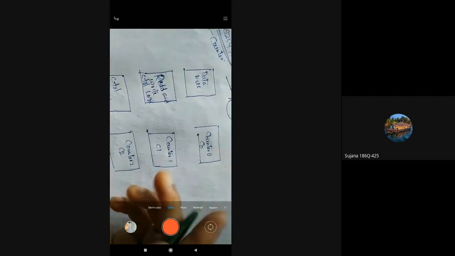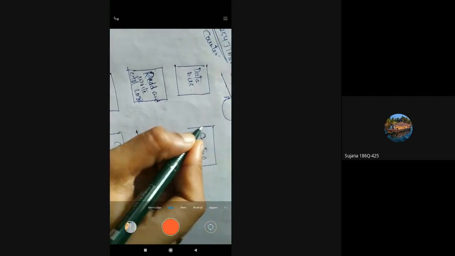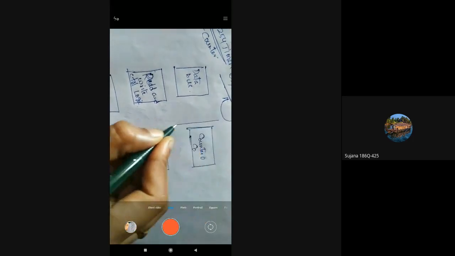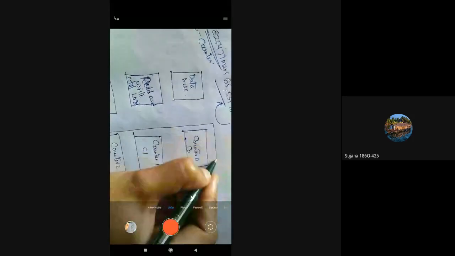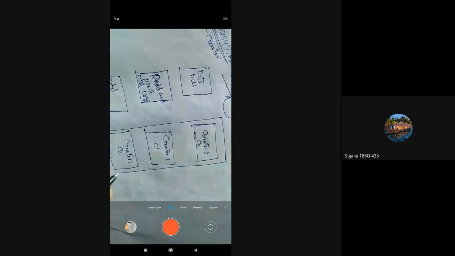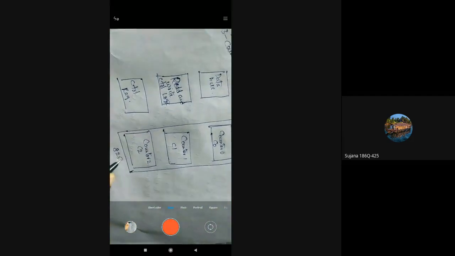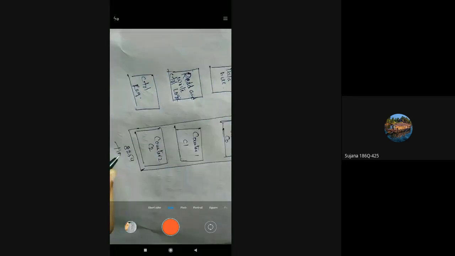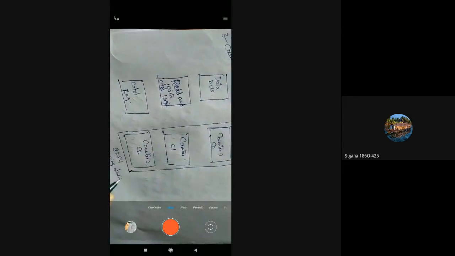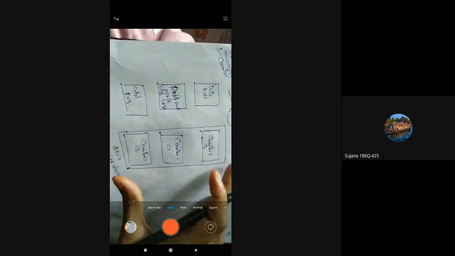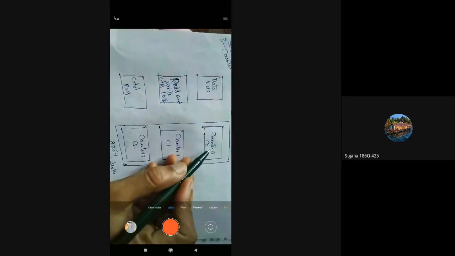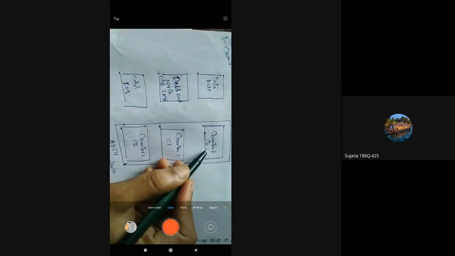This entire portion is an 8254 timing device, which contains 3 counters: counter 0, counter 1 and counter 2.